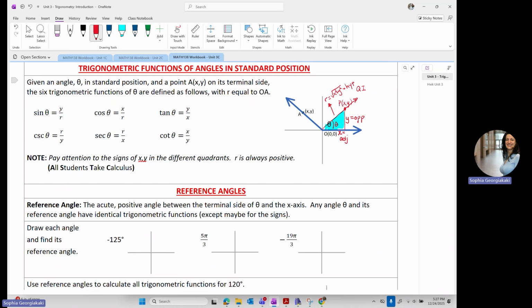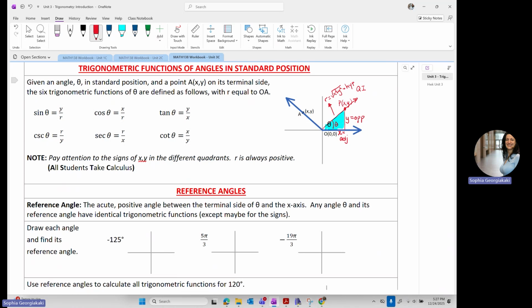So we maintain the same 6 trigonometric functions. We consider y to be the opposite. We consider x to be the adjacent. R is the distance from the origin to a point P on the terminal side of our angle, with P having coordinates x, comma, y, and we now define the trigonometric functions of any angle as